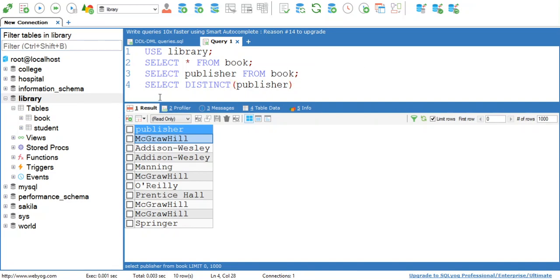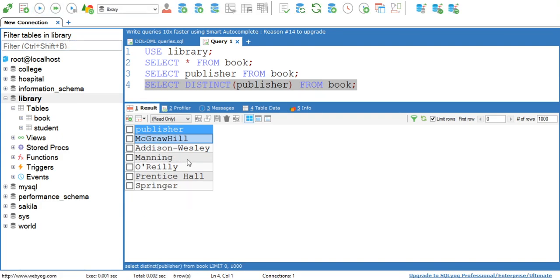Now when I execute this query, select distinct publisher from book, and now see the result. Here you can see there is a single value for McGraw-Hill and a single value for Addison Wesley, and remaining are the names of other publishers. Okay, so this is how by using distinct keyword we can filter our output.